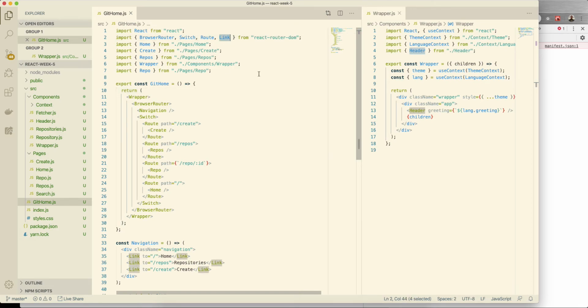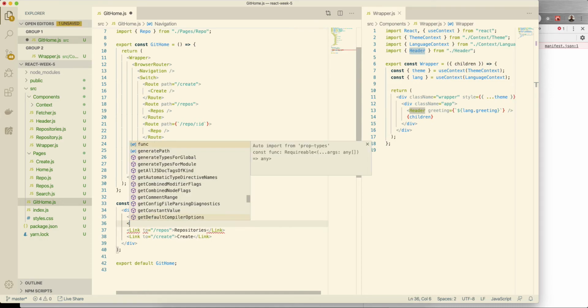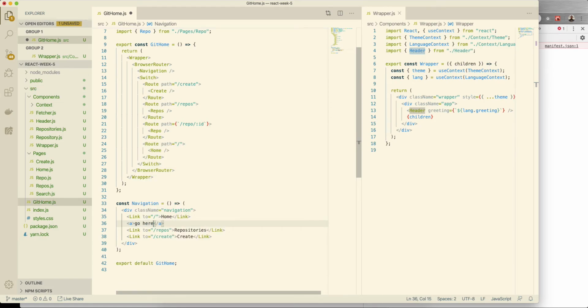So the Link, as it says, is a link. You're no longer going to use A tags to link inside of a website. That's not used anymore now, not with React. You would use a Link tag. And the Link does not have the href, like the A tag. If you would write a regular A tag, you would say something like go here, and then this would be href, go here, right? So before we would do this, but the problem is that the React router would basically